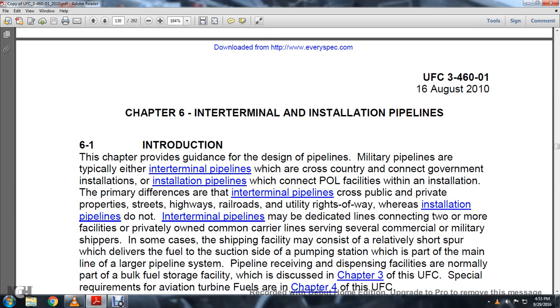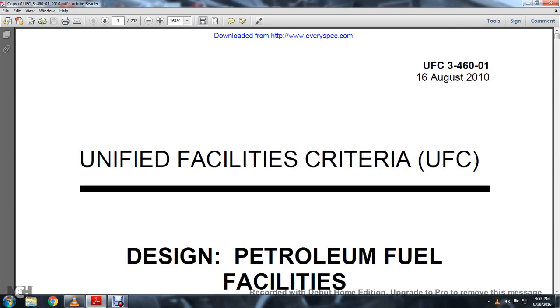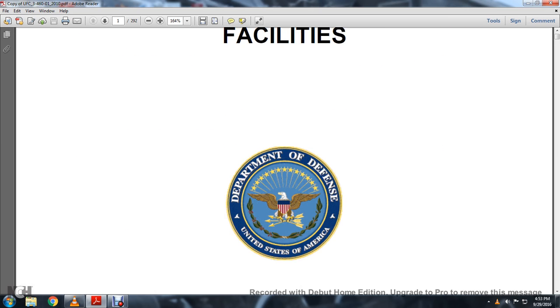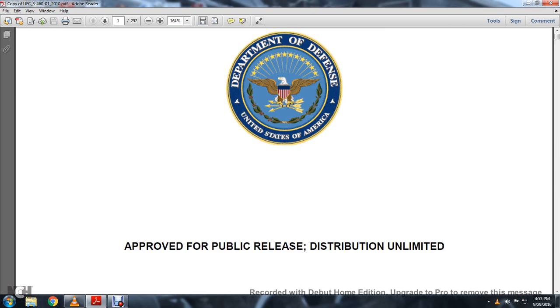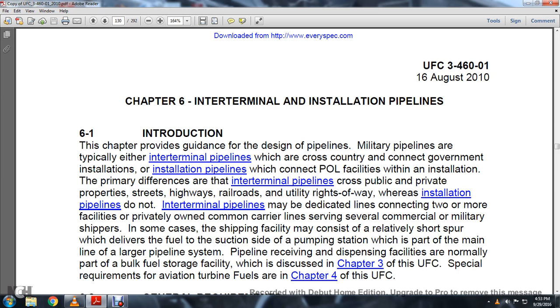Chapter 6 Internal Installation Pipelines. Unified Facilities Criteria, Design: Petroleum Fuel Facilities. UFC 3-460-01, August 16, 2010. Department of Defense, United States of America. Approved for public release; distribution unlimited. Chapter 6, Interterminal